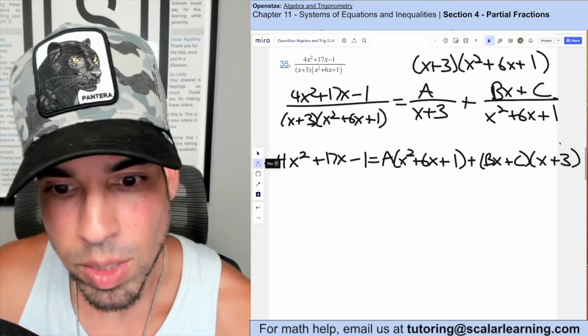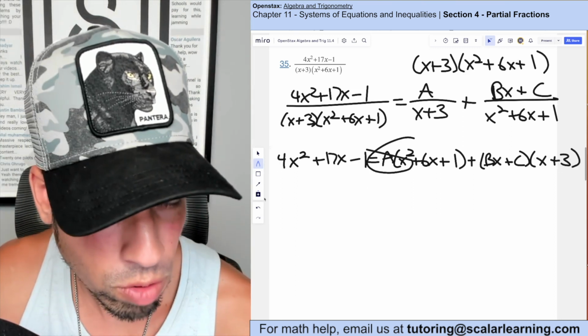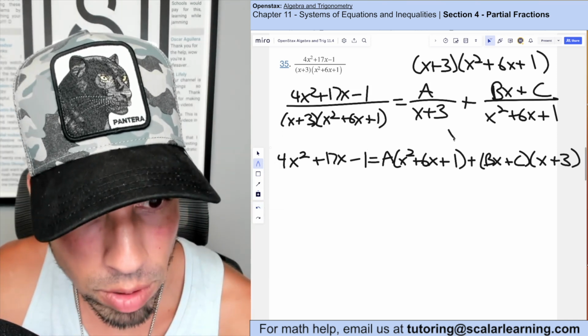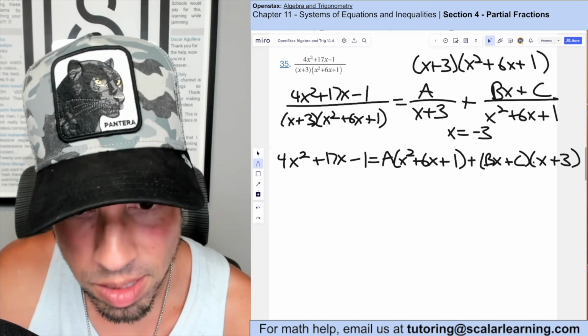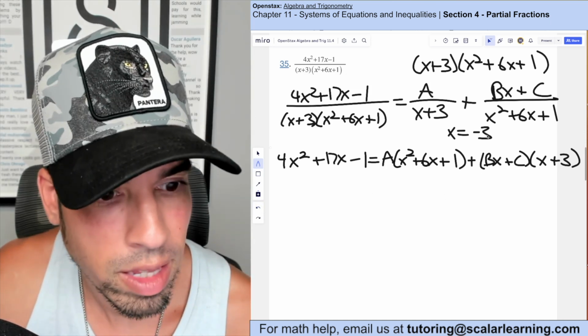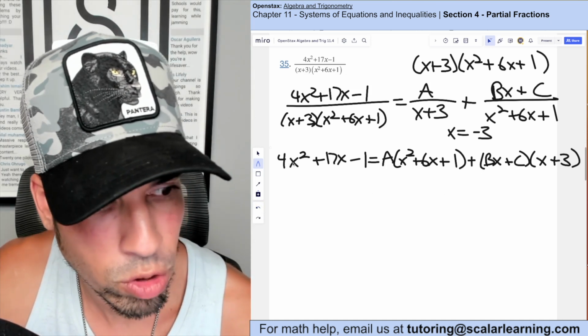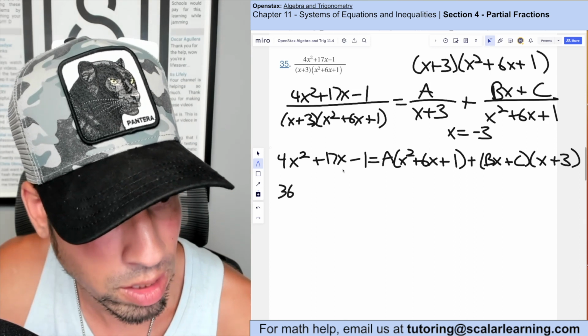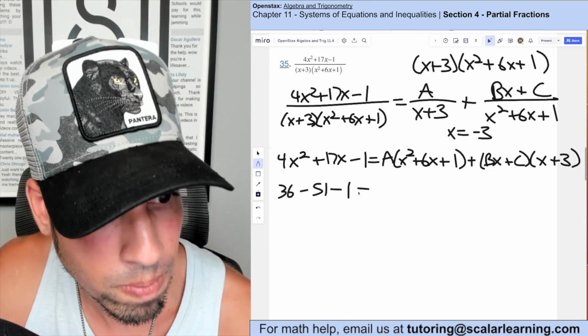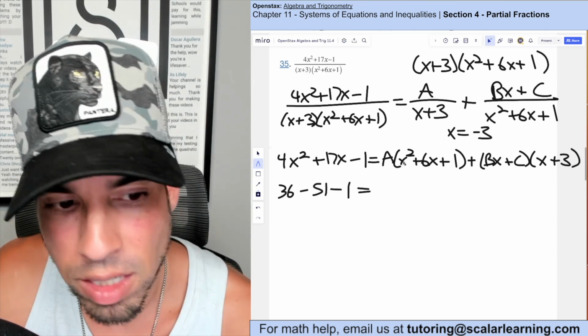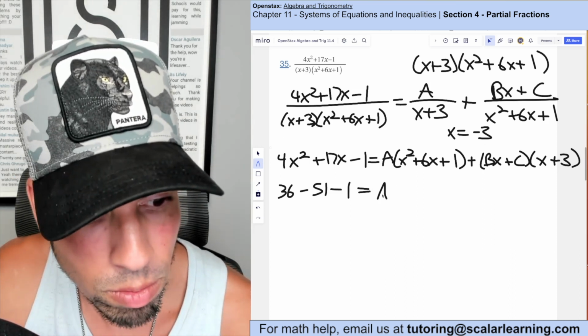All right, amazing. Now we need to choose a value of x that's going to help us solve for a first, and I think -3 will be perfect. -3 is going to zero this out completely, because -3 plus 3 is 0. And then we're going to plug it in over here. -3 squared is 9 times 4 is 36. -3 times 17 is minus 51, and then minus 1 is equal to a times -3 squared is 9,